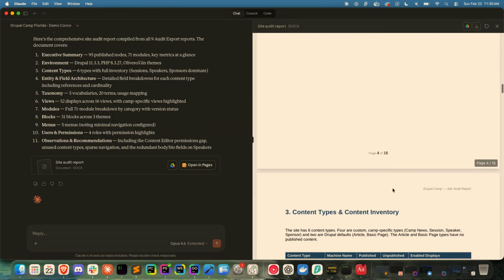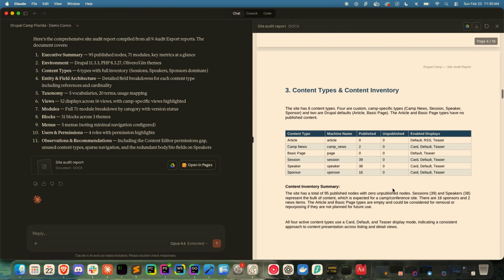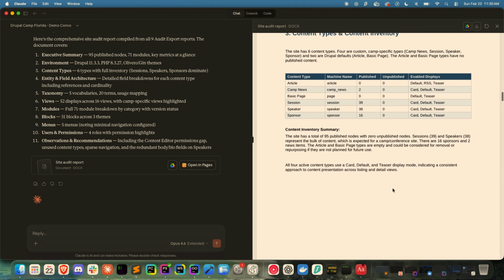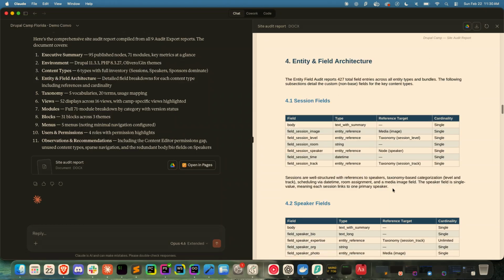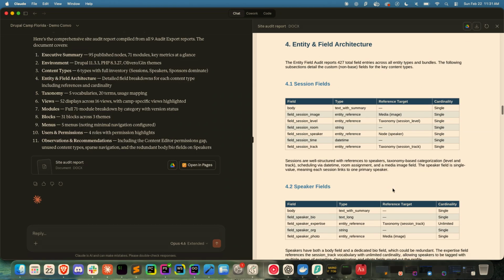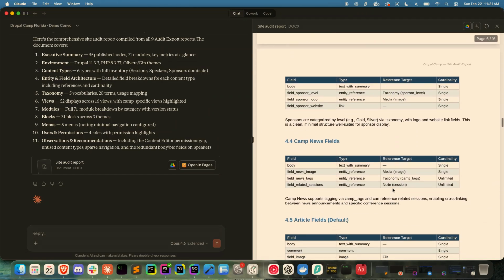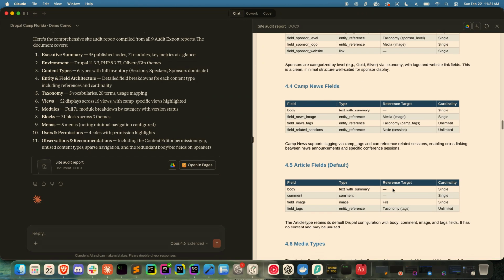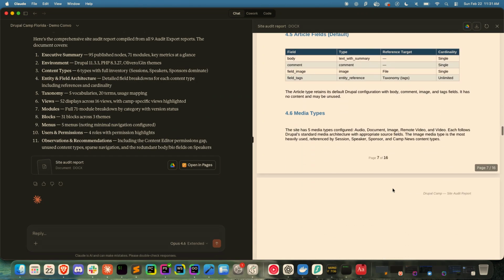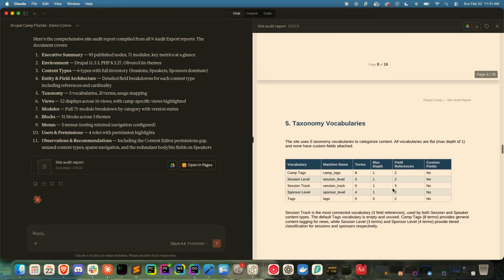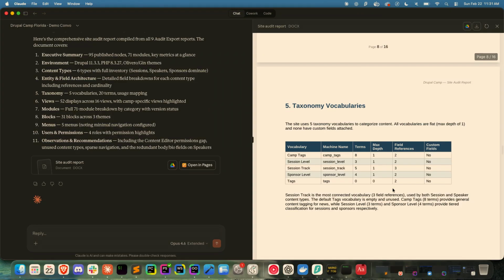Then it breaks down the content in this case, so it lets you know the content types, the machine names, how much is published, how much is unpublished, enabled displays, and it breaks down the session fields, the speaker fields, sponsor fields, basically all the different content types that we have on this test site here. Then different media types. When I was building this, it was like, use a media module for things. So it implements that, pulls back those entities, taxonomy, vocabularies,